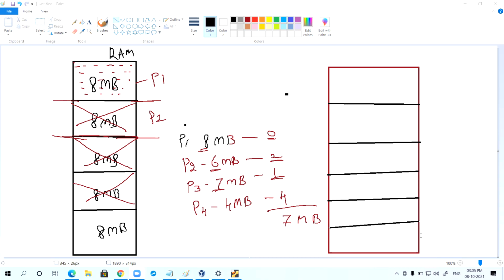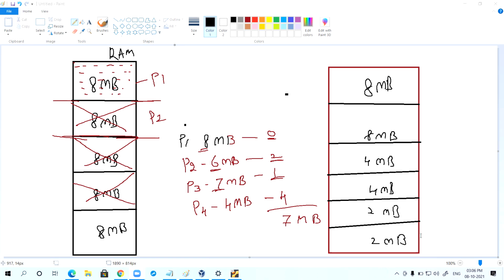Suppose one is 8 MB, another 8 MB, then 4 MB, 4 MB, and 2 MB, 2 MB. I hope all of you are following this. This is the older version of memory manager policy. They managed the RAM size like this.